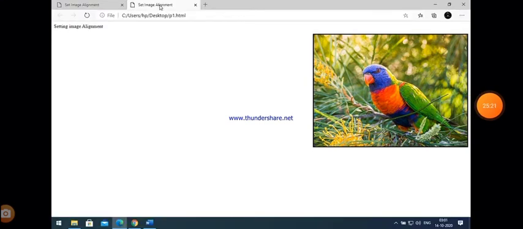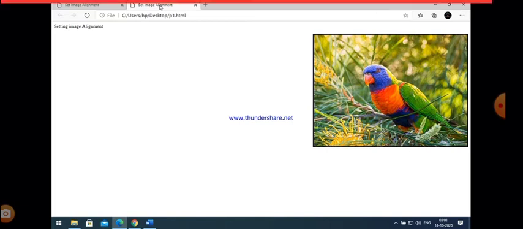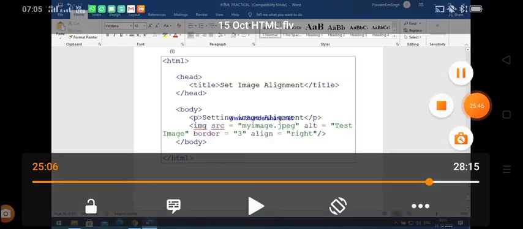Now you can see that if anything goes wrong with your file name or the type of the file, then the image will not be displayed, and the message we just put in the alt attribute will be displayed. And if everything is correct, file name is correct, type of the image is correct, location is correct, then the image will definitely be displayed on a web page. So those are a few points regarding an image.